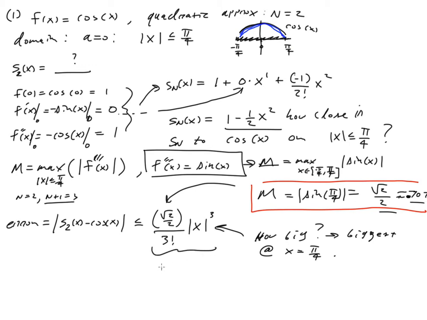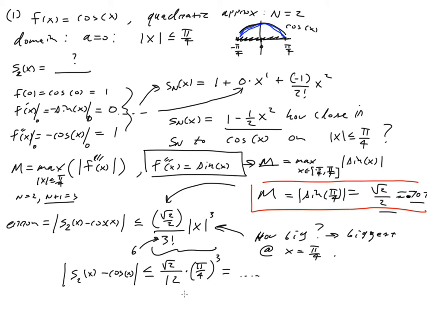So this whole thing then becomes square root of 2 over 3 factorial, that's actually equal to 6. So we can write that as 2 times 6, which is 12, times pi over 4 to the third power. I'll let you compute what that value is. If you use a calculator, you can figure out what that number is. But what's important about it is that that is actually a good estimate then of how far off the quadratic